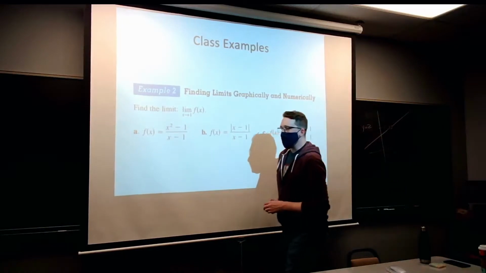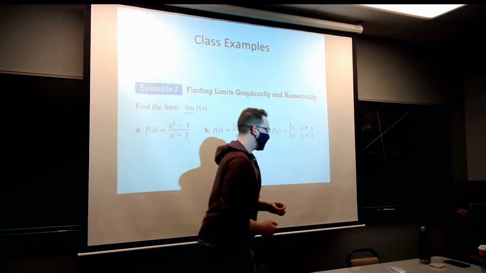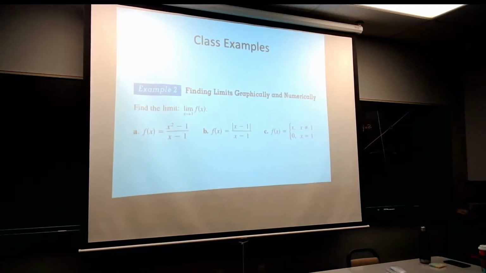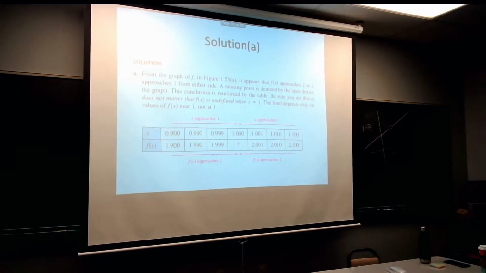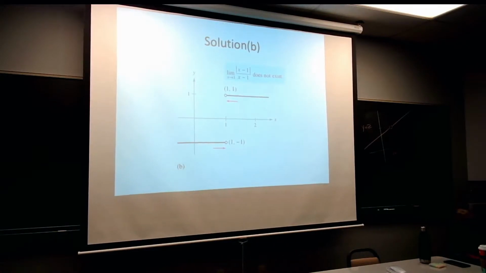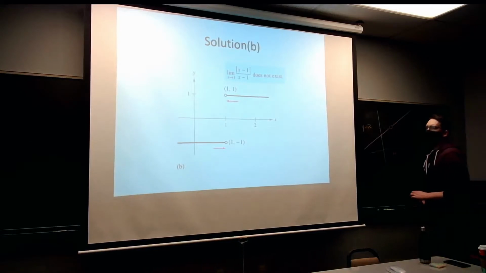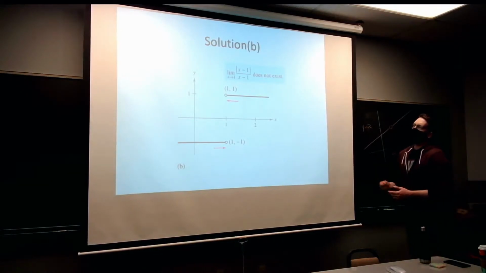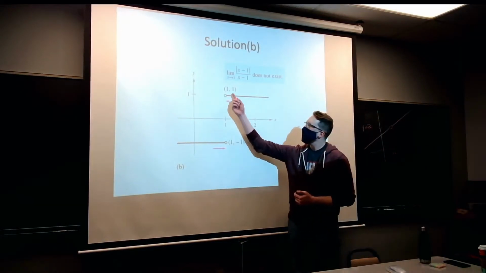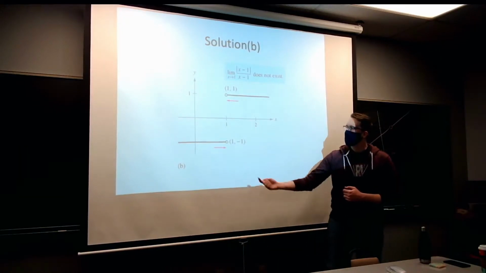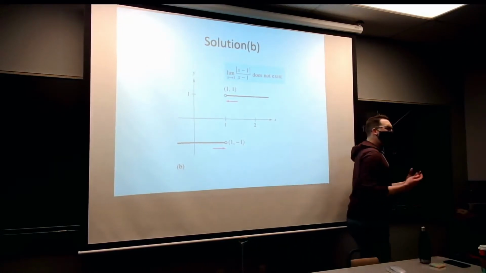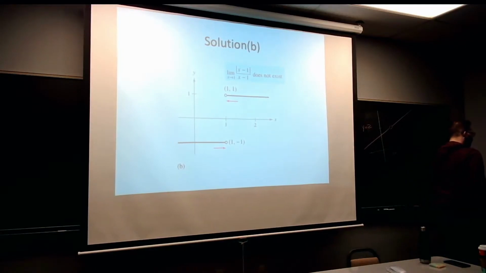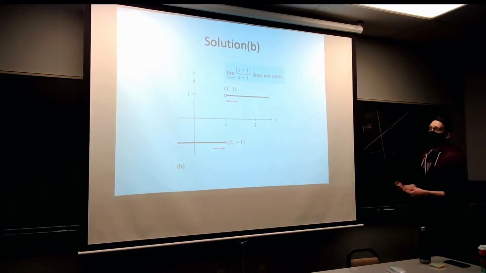Similarly, looking at B, our graph would look something like this. Notice coming at it from the right, our limit would be 1. Coming at it from the left, the limit would be -1. So we don't agree coming from the 2 different directions. And because we don't agree coming from these 2 different directions,